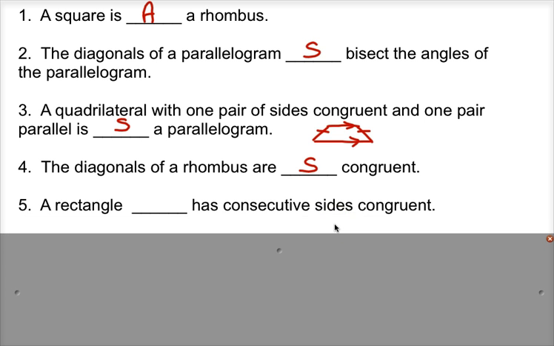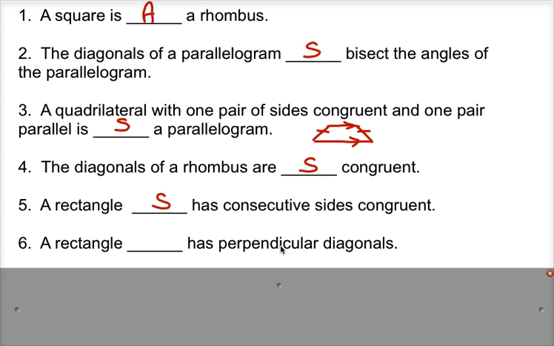Number 5, a rectangle blank has consecutive sides congruent. And this is going to be sometimes if the rectangle happens to be a square. Number 6, a rectangle blank has perpendicular diagonals. And this is also going to be sometimes if the rectangle happens to be a square, which is also a rhombus, then the diagonals would be perpendicular